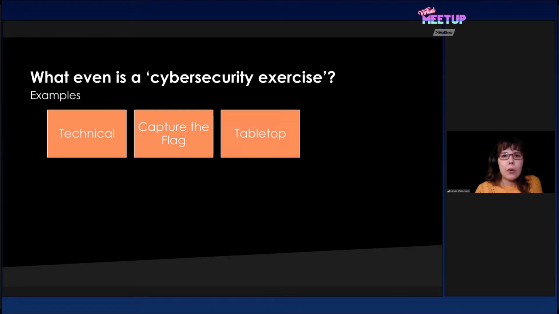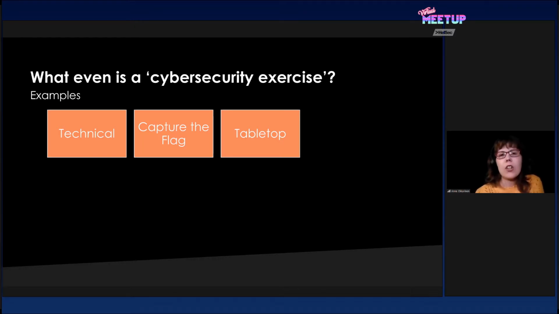Then there's a more lightweight approach, which is a tabletop exercise. These are useful if you want to practice processes or decision making. And you don't need a simulated environment or anything. You basically gather a group of people together and you try to solve a problem. For example, okay, now we have an incident, so what should we do?